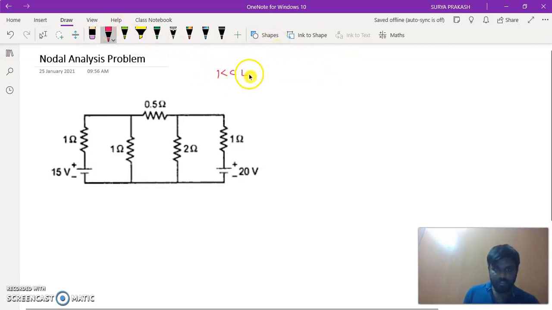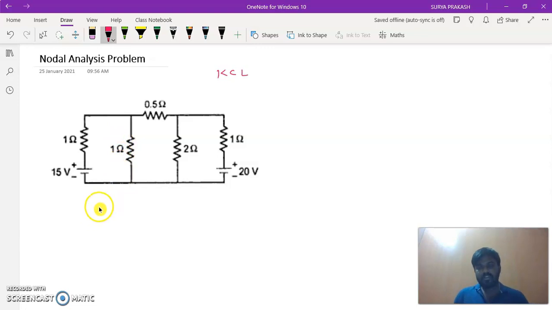the KCL law. So by using the KCL law, as we already know, we have to solve it using the current method. We need to identify the different types of current involved in this particular circuit. So we need to identify the different nodes that are available. A node is a junction point where two or more branches are connected. So that is called a node.